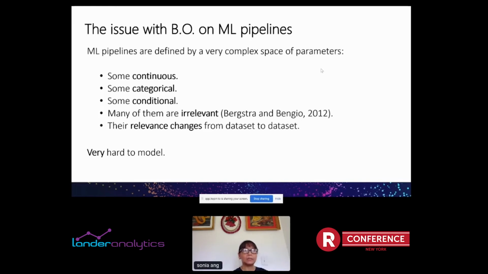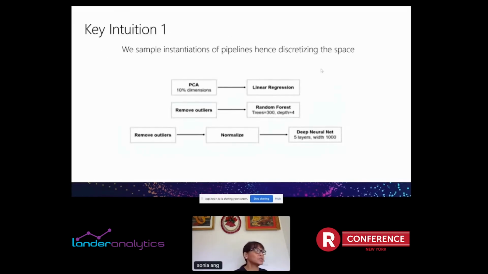The first key intuition was to provide sample instantiations of machine learning pipelines, which makes the space discrete and fixes those sets of pipelines ahead of training. For example, you could see here that you can have a pipeline consisting of the top 5 PCA components,